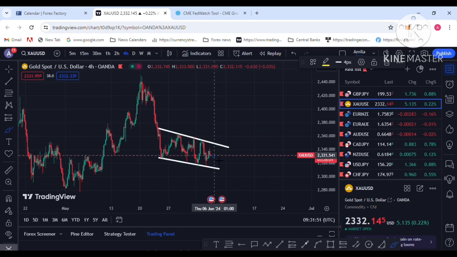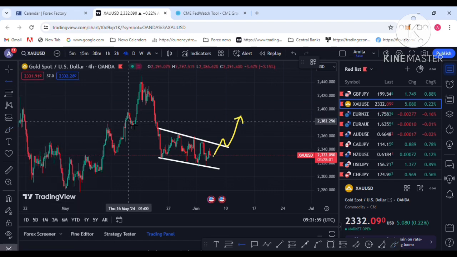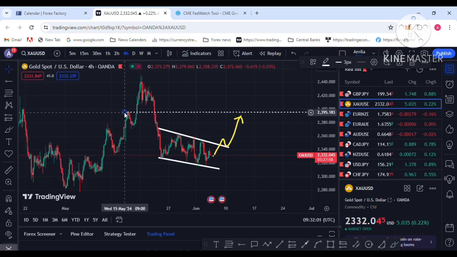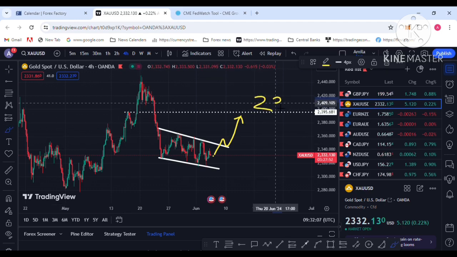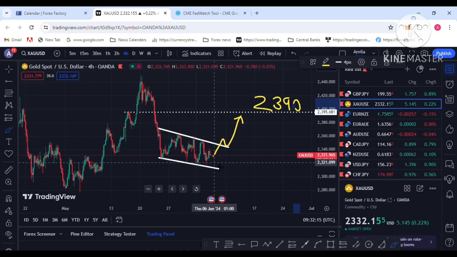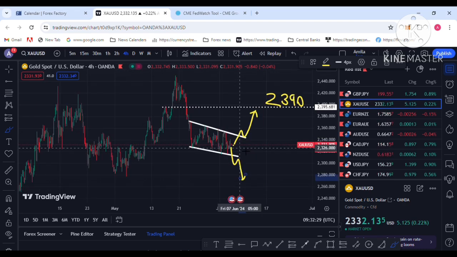So if it breaks out to the upside and retests, that is your buy trade. The 2380 to 2390 zone can be the target for the upside breakout. This is one option with the technical setup. Remember, this is a technical setup. Now, if the pattern breaks out to the downside and retests, that's your sell trade, and your sell target is